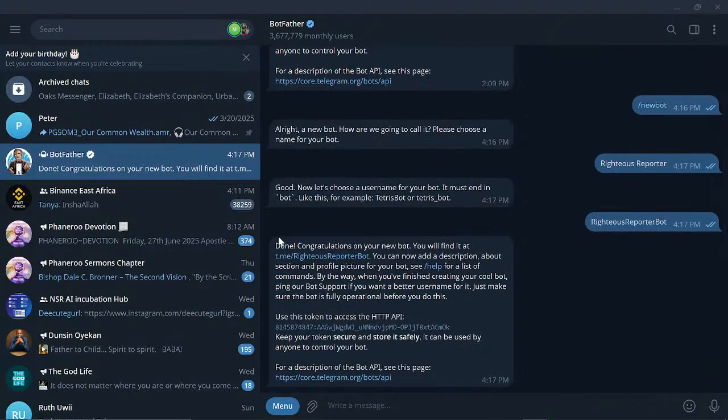So this is the message confirming that we have a bot. This is where we find it. If we click this link, it will take us to the bot, and this token here is what we're going to use to access it from make.com. I have to copy this token, or this key, and if I click it, it's copied to my clipboard, so I'm going to use it later. So I can click here,